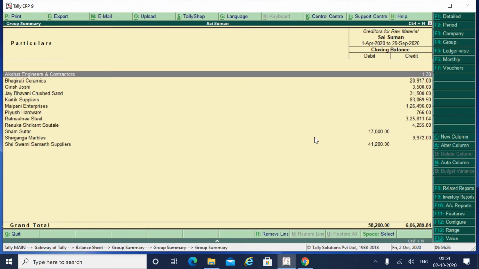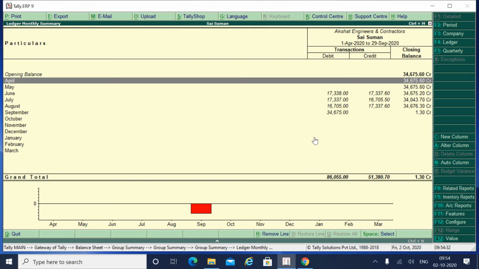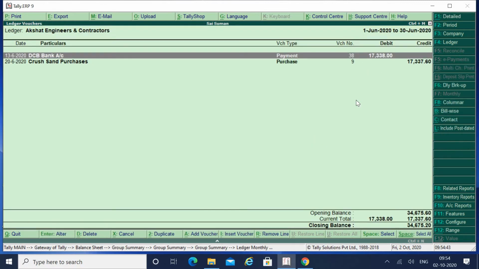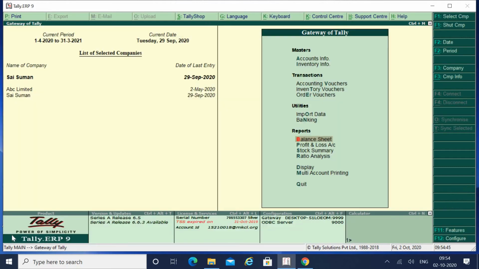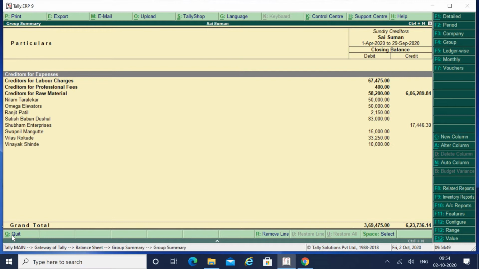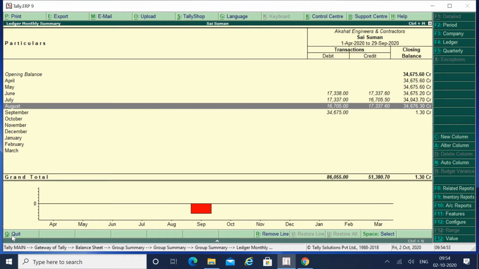Now what I want to tell you, just see this, my first creditor. I will just press enter and yes, see the transaction, that there was some debit and some credit transaction. It means I purchased something from my creditor and I also made the payment for the same. But what happens when I make the payment to my creditor in a round-off manner?